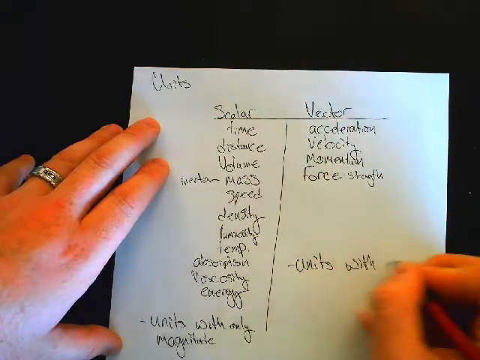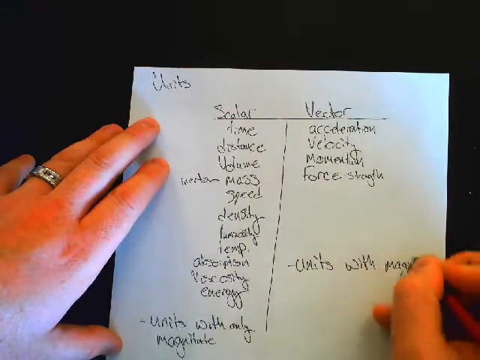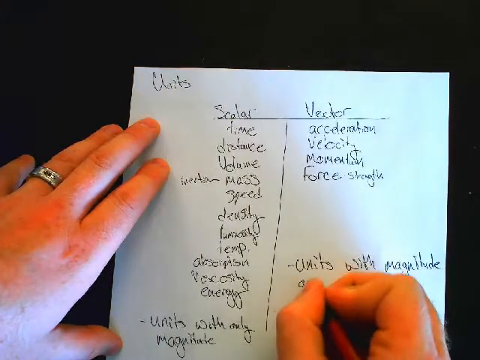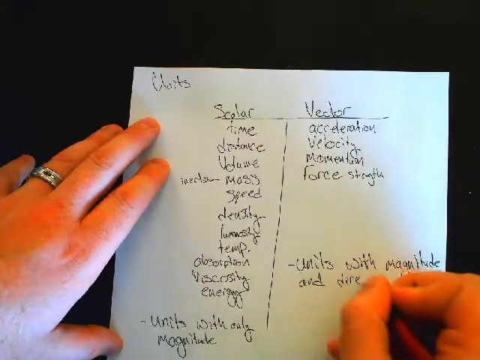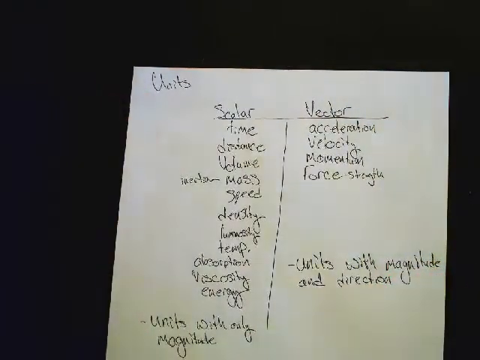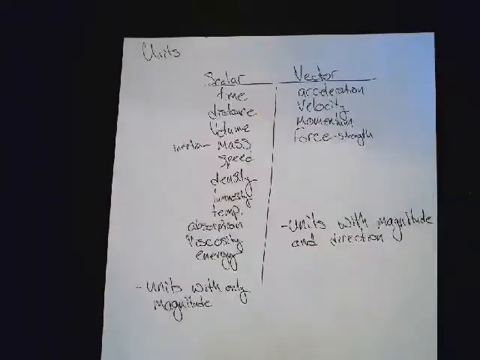With magnitude and direction. Okay. And in case you are someone who might have difficulty remembering that vector units are units that have both magnitude and direction, one of the ways that you can try to remember that